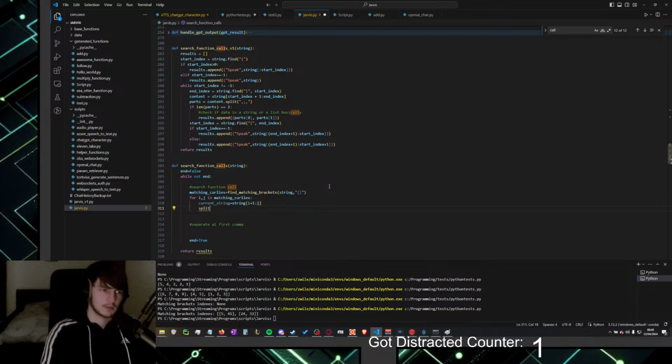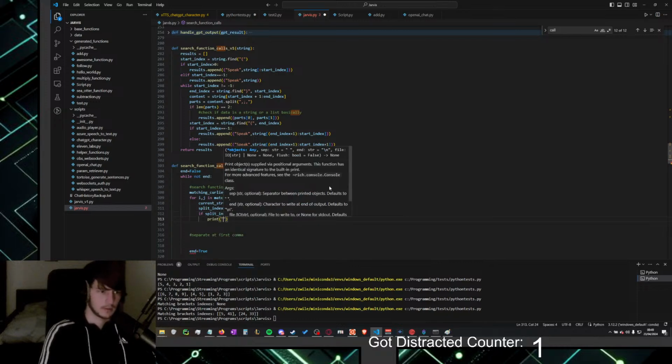Split index is current string dot find, like that. And that I think delivers only the first one. Now if split index is equal to -1, that means it didn't find it.